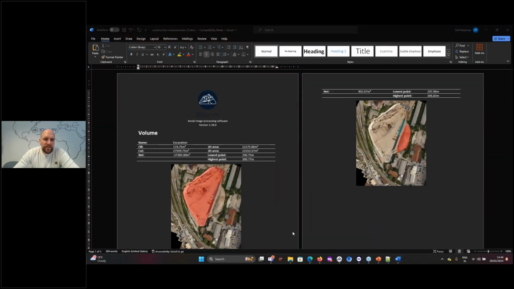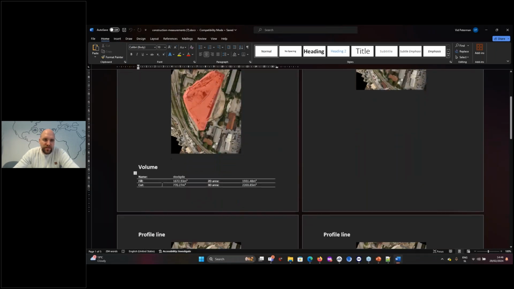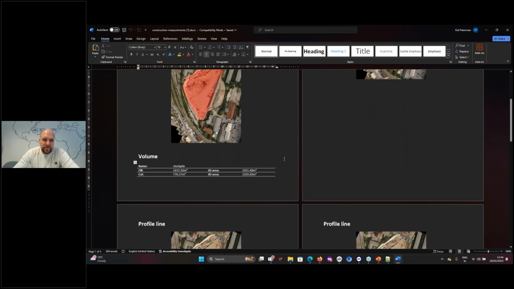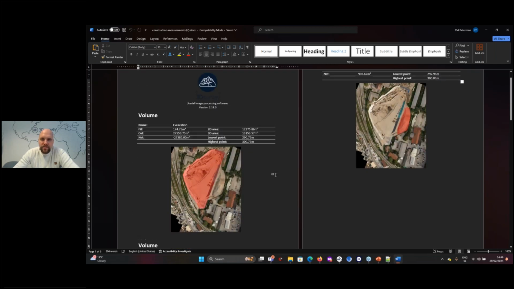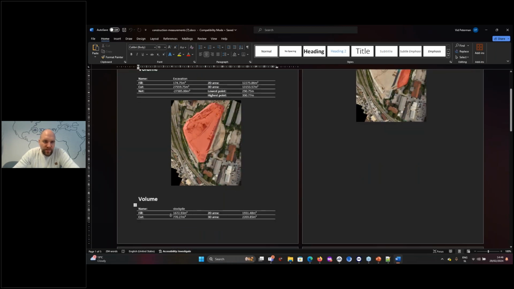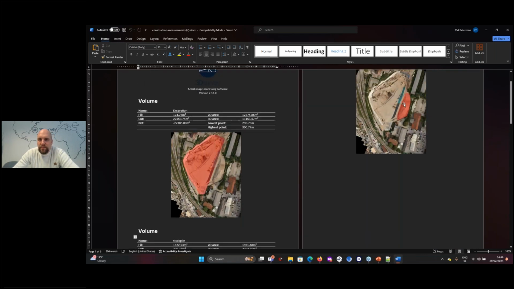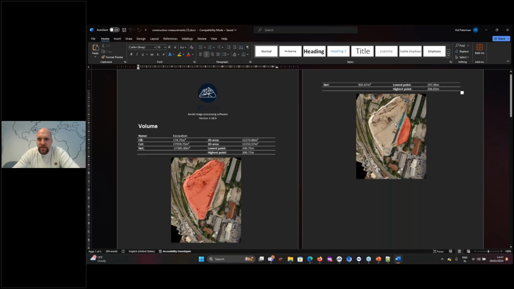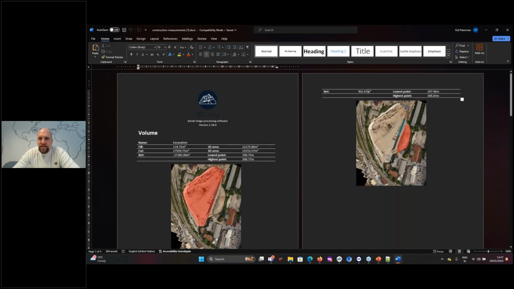So here we have information about where we did the first volume called excavation, and then the second volume, the stockpile, and how much it was. So what was the fill? So how much material was added to this stockpile? How much material was taken away? Because of course, when they were digging it out from here, they were putting it here, and from here they were driving it away to another location. So we get fill, cut, and net difference.